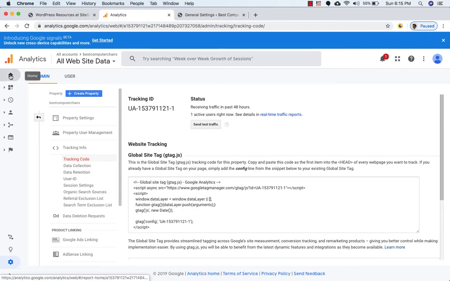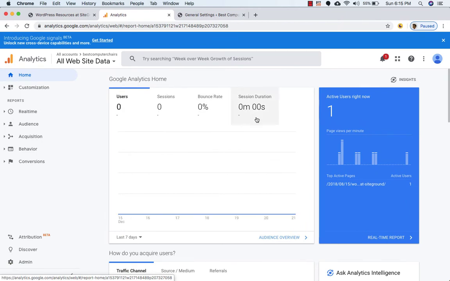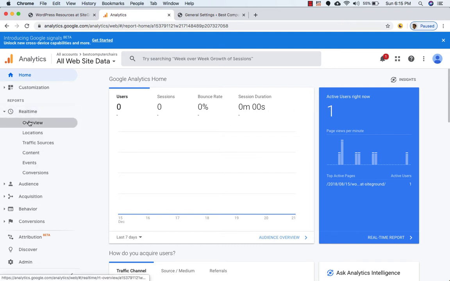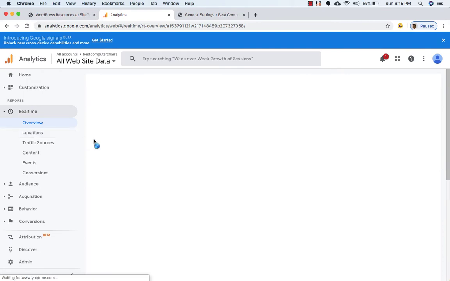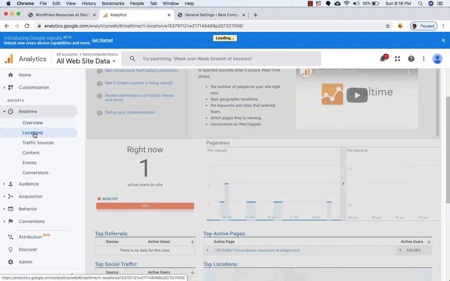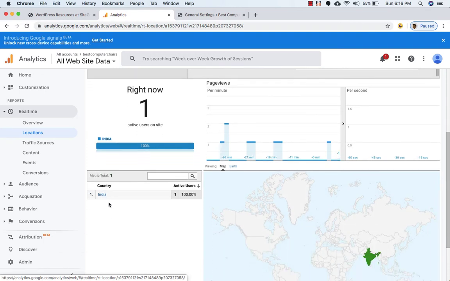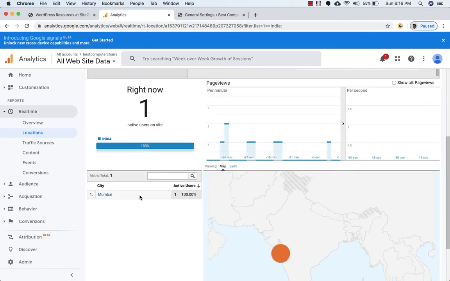And if I go to home page, right now you will be able to see the real-time statistic, that is one user active. Okay, so I'll click on real time and I'll click on overview. So right now you can see that it is showing one active user on the website, and I'll click on the location. So right now I am visiting this website from India, and if I click on India, it will show me the city Mumbai. Okay, and now if I click on traffic sources,